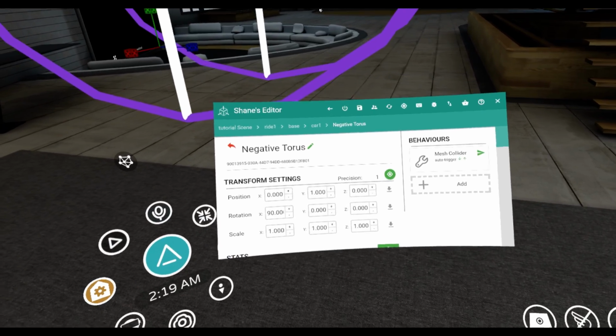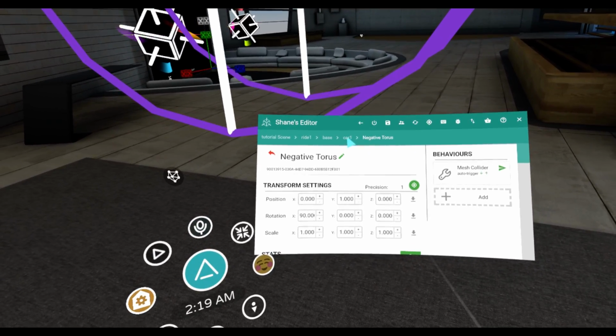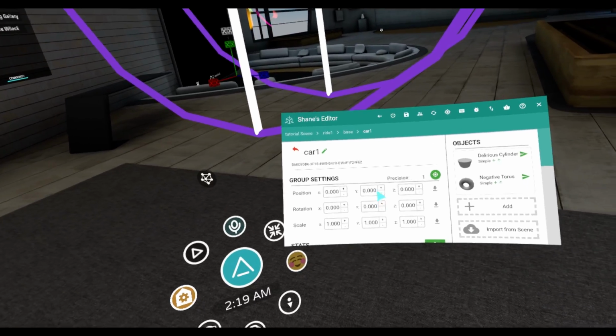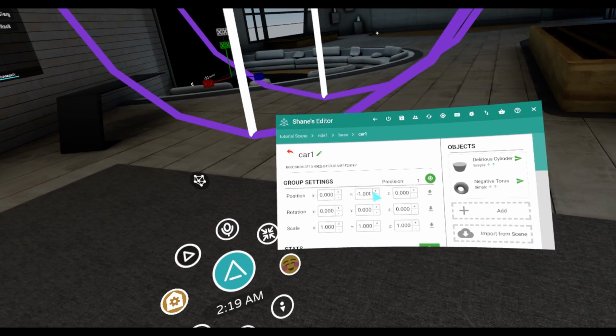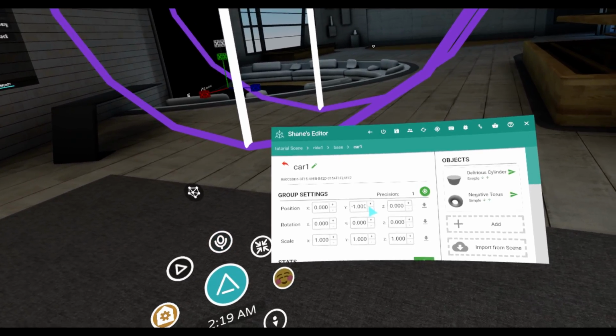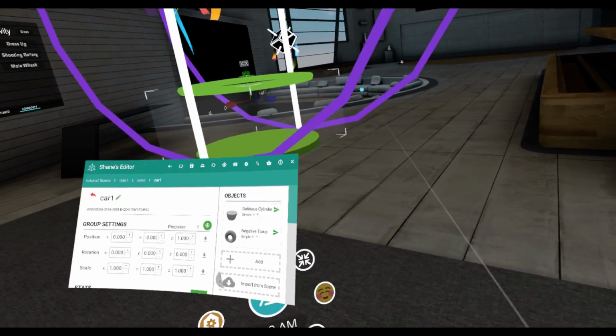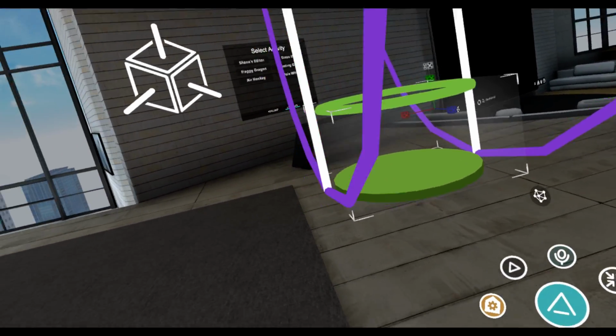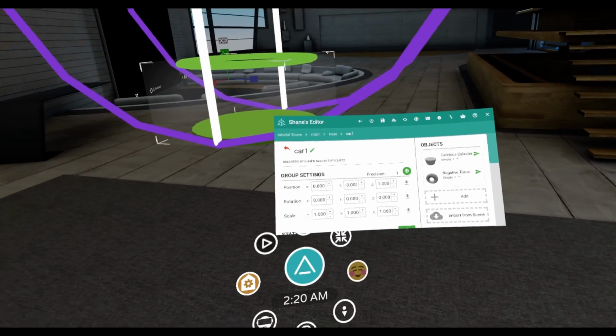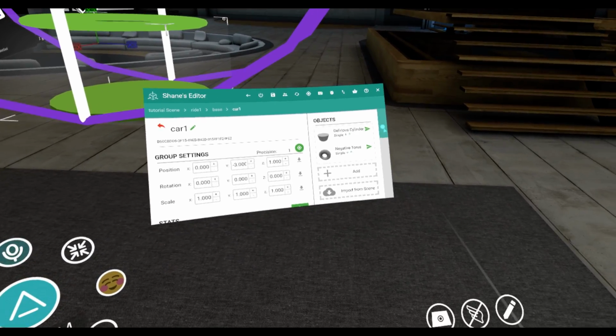Now let's move that car one. I'm going to move it down. I'm going to move the group down 3 meters. I'm going to move it from the Z-axis away into the center. That's great. I'm just going to copy that